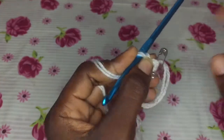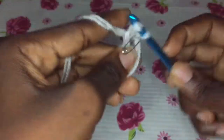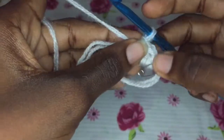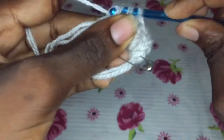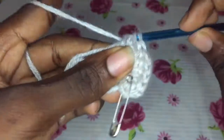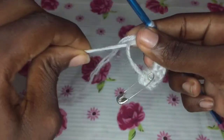For this entire project we will always be using our stitch marker, so don't forget to always insert your stitch marker inside. Since we have one half double crochet, I'm going to make 9 more, so go ahead and make 10 half double crochets in total. Okay, so I'm done with my 10 half double crochet, and you pull the excess string